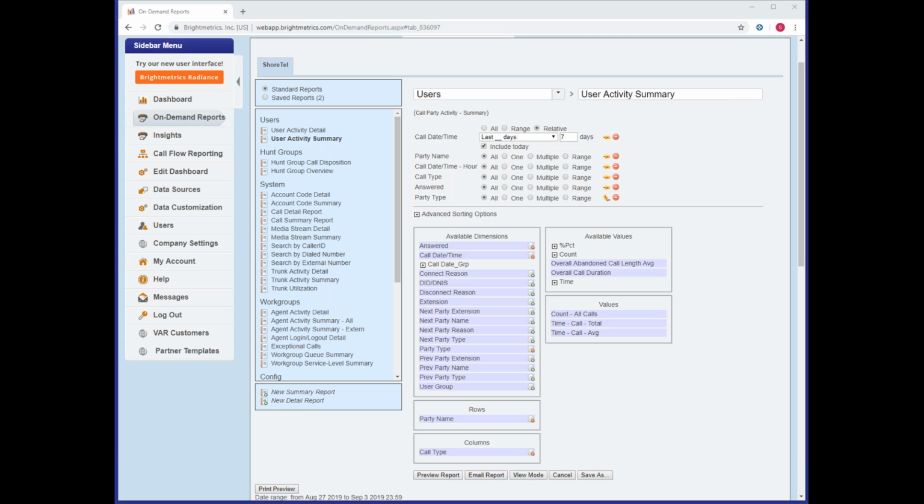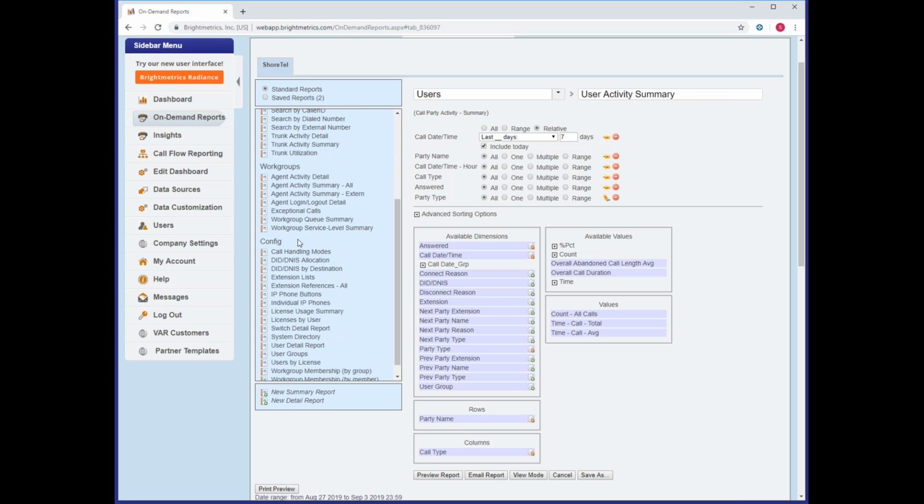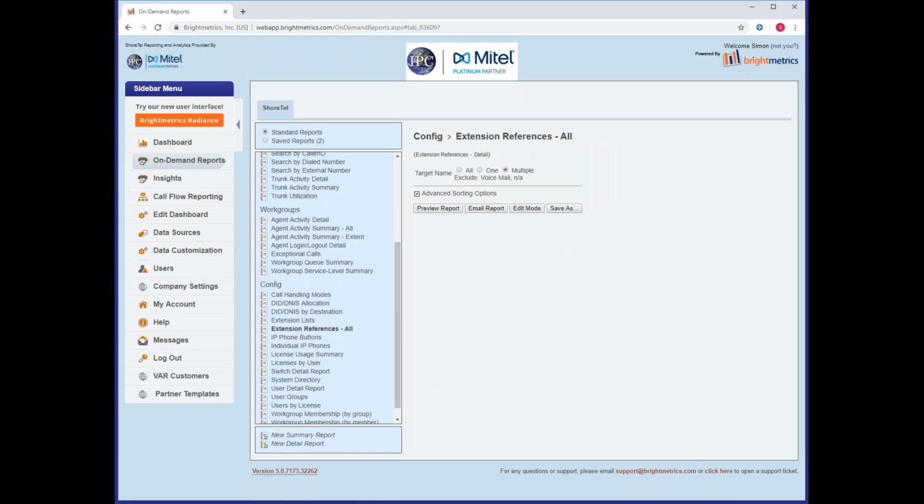For administrators who are having difficulty deleting a user account because that user account is part of so many different call flows, there's actually a system configuration report labeled extension references all, which often comes in handy as it will show every call flow that call control object is a part of. So if we go down to the configuration section of reports and select extension references - all,